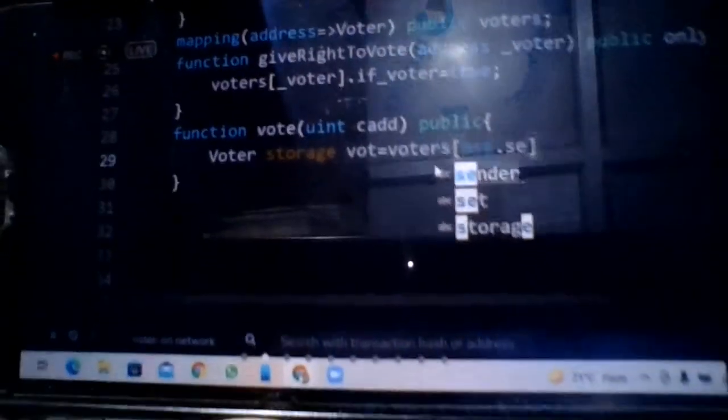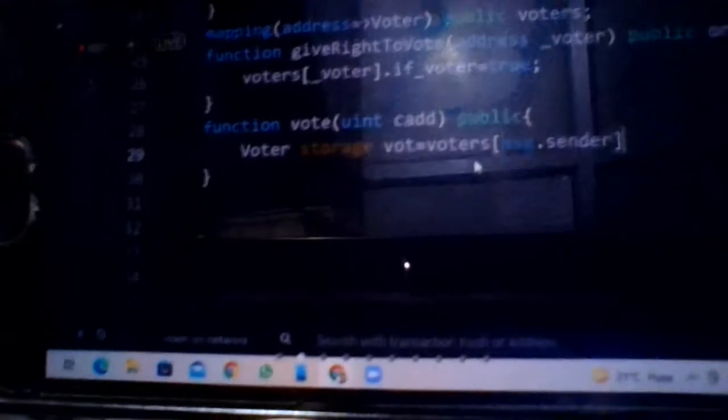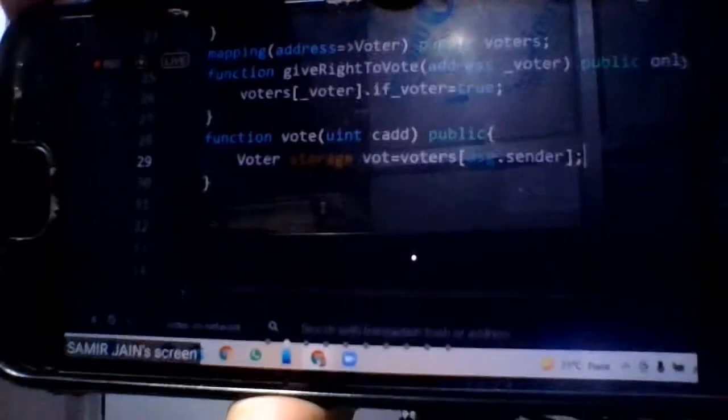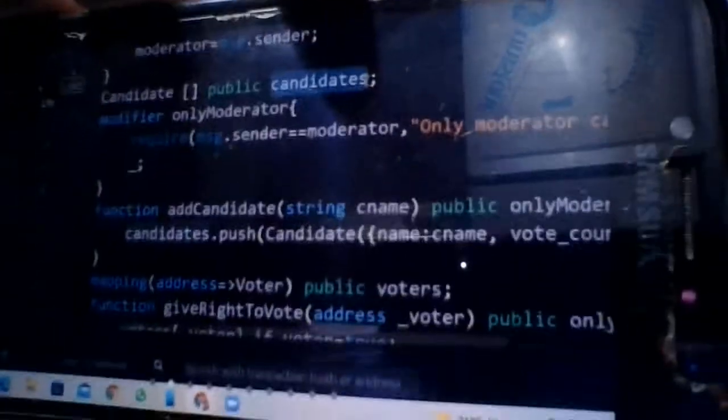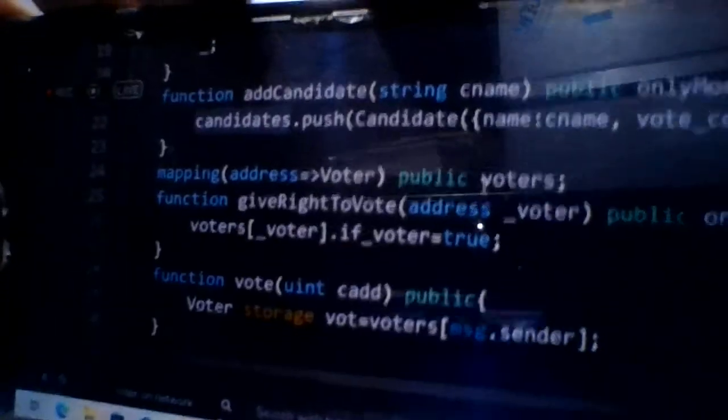Now, from this line, what are you gaining? First thing is that candidates is an array, but voters is a mapping.